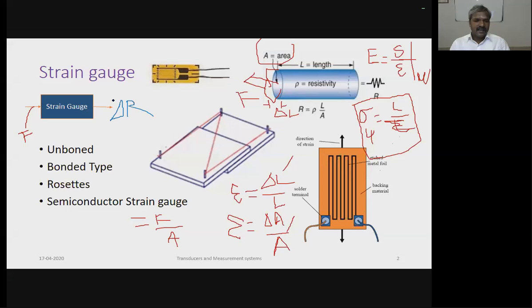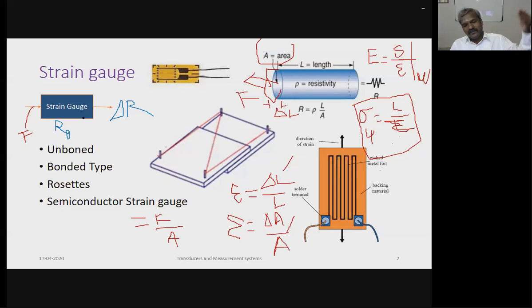Normally, the manufacturer of the strain gauge represents the important parameters, called gauge nominal resistance value. Nominal gauge resistance is called RG or simply R. Then another important parameter of the strain gauge is gauge factor. Gauge factor is a very important parameter of the strain gauge. Then the optimum current value also.